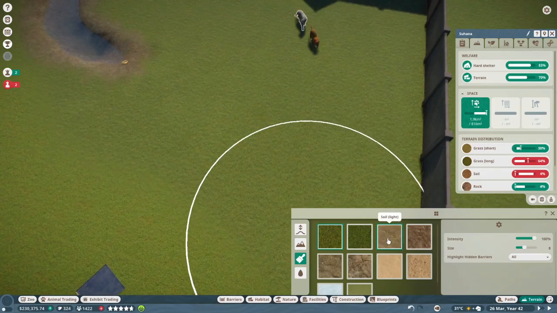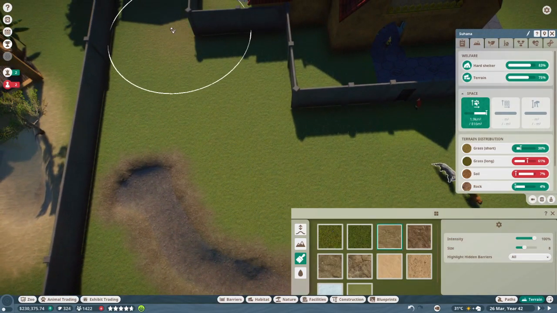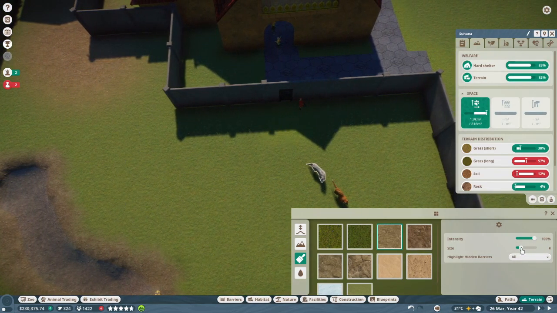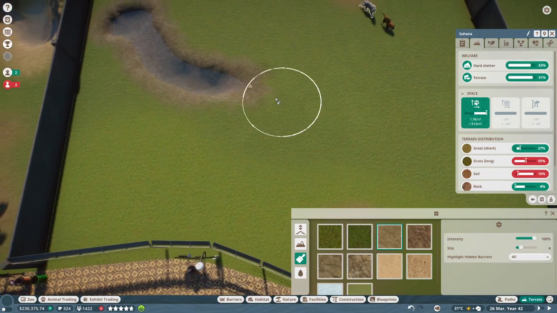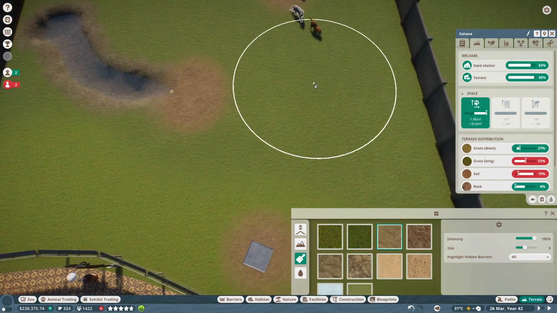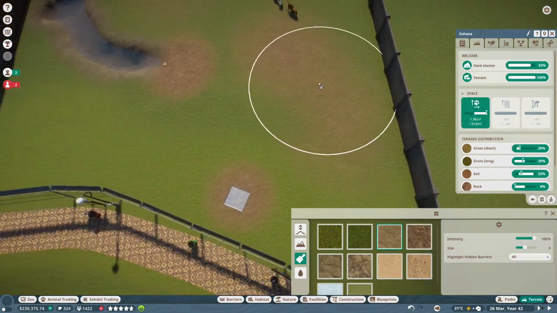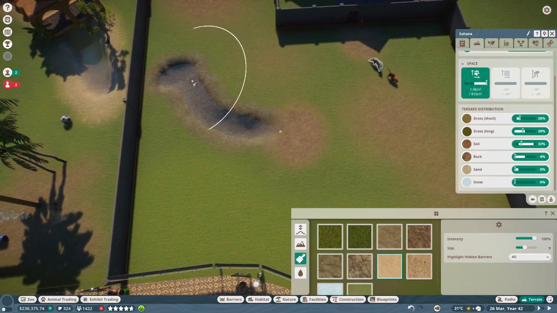They want more soil. So I'm going to put soil back here. Let's make this a little bit smaller. And put it around their feeding thing as well. And let's just dot in a few patches here and there. Something like that. Everything else they're fine with. They don't mind some sand, so...